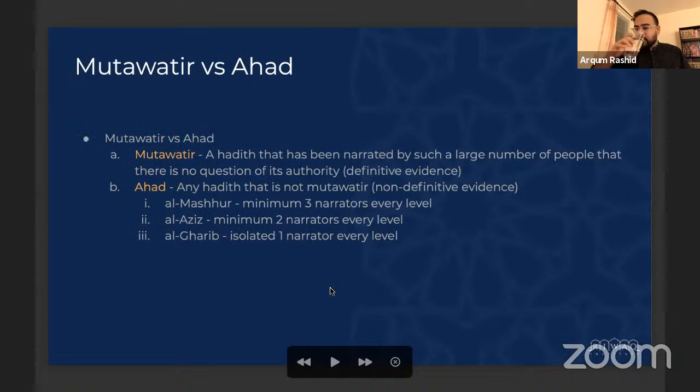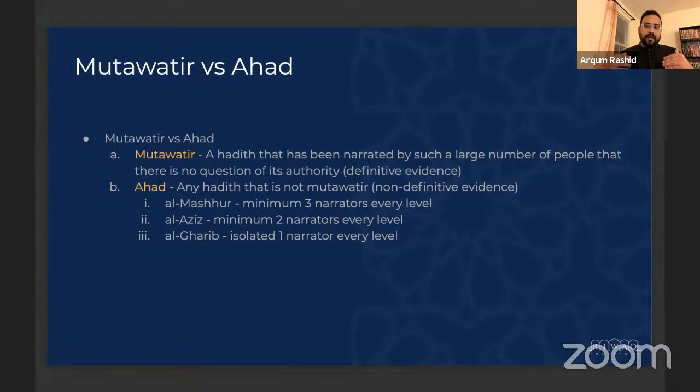What I want to do is very briefly talk about mutawatir and ahad. I know this came up once or twice previously, and we didn't cover it in detail because this is more so of a hadith related topic, but I feel that it is important for us to understand the differences between these two, at least with a bare minimum amount of knowledge regarding them, to fully understand some of the differences